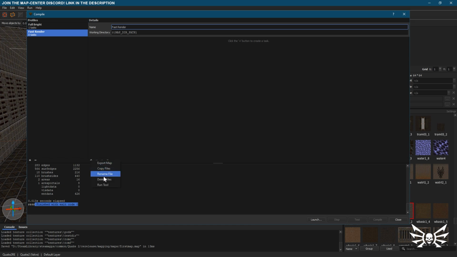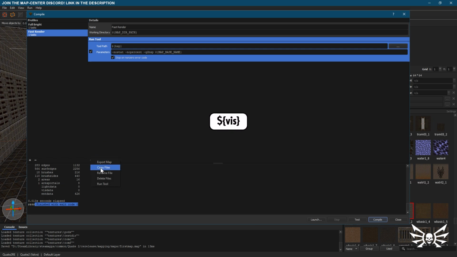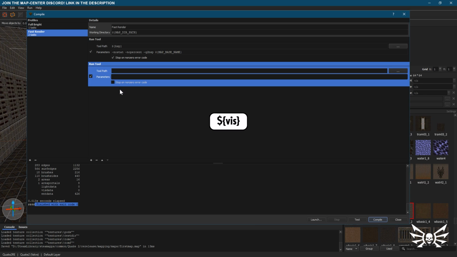Go ahead and add a new tool and use the BSP variable that you used before using the same parameters, and click the Stop on Non-Zero Error Code box. Next, we're going to add another tool, and this time we're going to use the variable viz to reference our viz compiler. Go ahead and add the following parameters for this tool, and check the Stop on Non-Zero Error Code